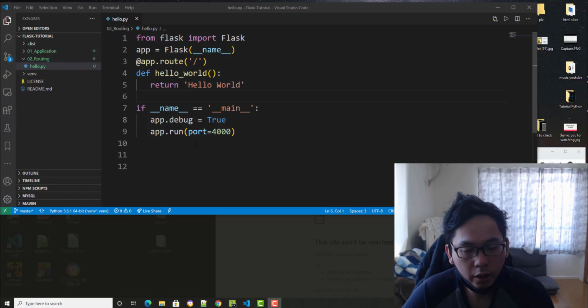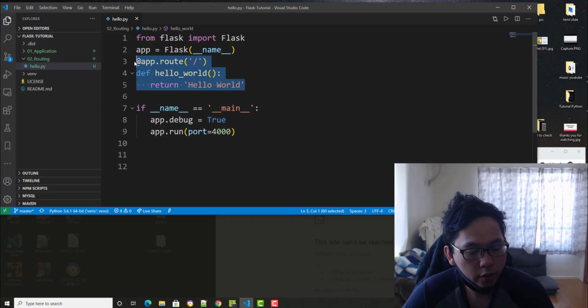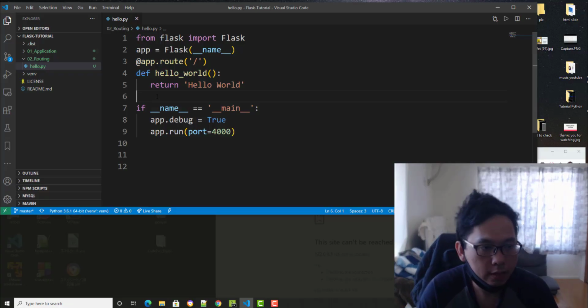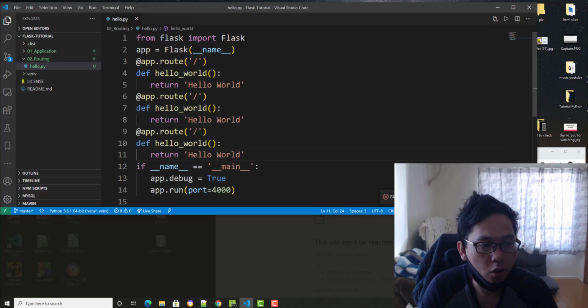Okay, so we're going to talk about routing in Flask. You see this? I want you to copy this, and we're going to create our second route, so you can understand it more.